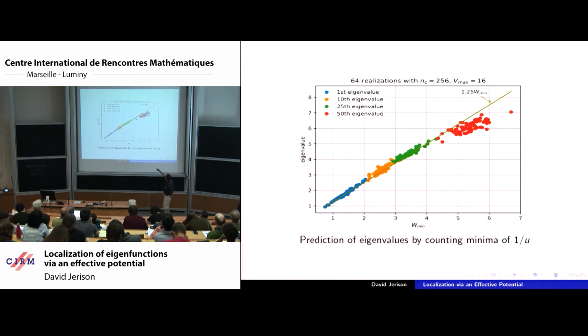So now, suppose you're looking for the 25th eigenvalue, and suppose you read it off from this really fast algorithm which calculates this 1 over u, and you take its 25th minimum. I claim that this is how it will match on the 64 simulations. Each of those dots represents one of the simulations. So sometimes the 25th eigenvalue is up here, sometimes it's down here, but our prediction is working all the way along.